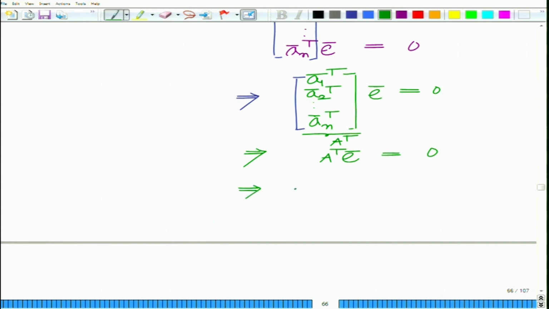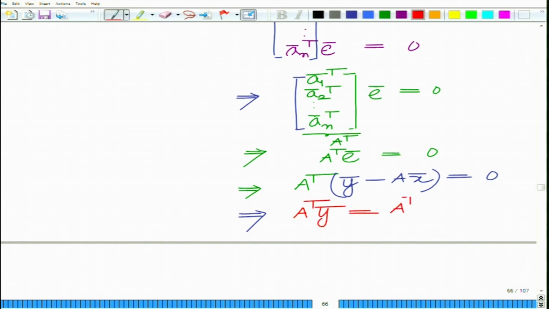So, this implies A transpose times y bar minus Ax bar equal to 0. Now you observe something interesting, A transpose y bar equals A transpose A into x bar,